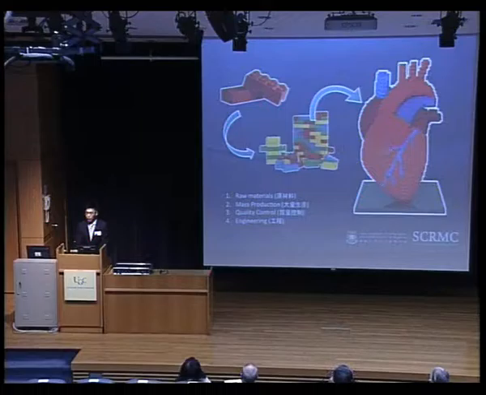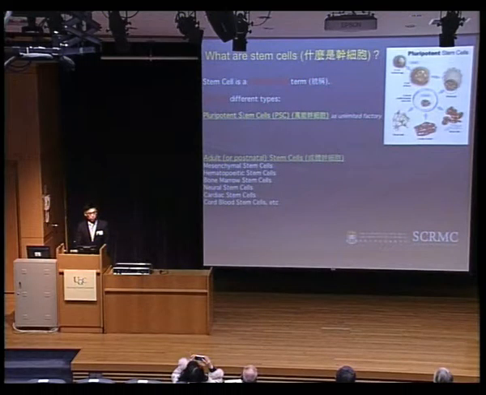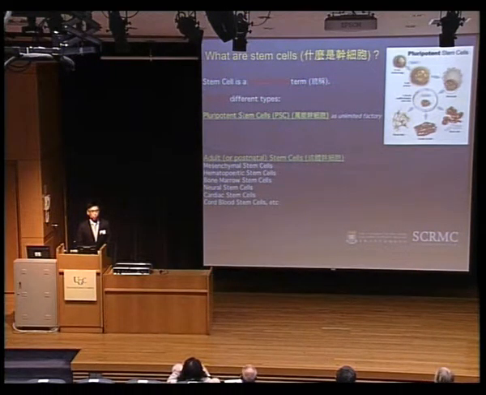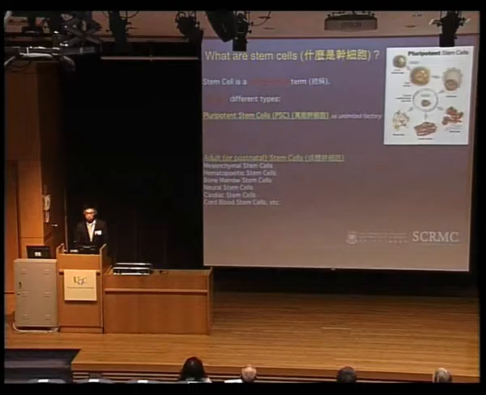So in our case, we have chosen our raw materials to be pluripotent stem cells. So what are stem cells? There are a billion different types of stem cell. It really is a collective term. And without specifying which particular stem cell type we are working with professionally, it really doesn't mean anything. So broadly speaking, all billion different types of stem cell can be classified into adult stem cells or pluripotent stem cells. Adult stem cells are the stem cell types that you can isolate from